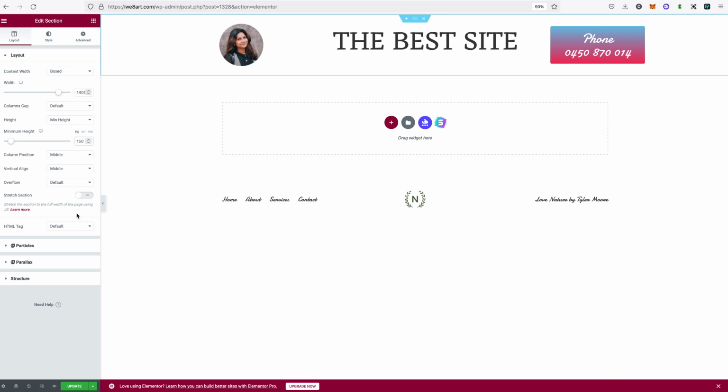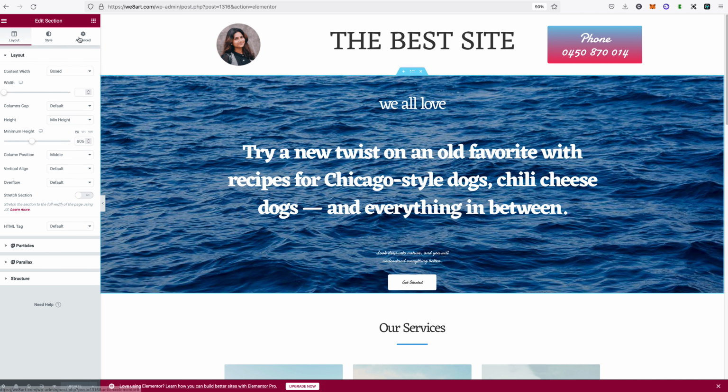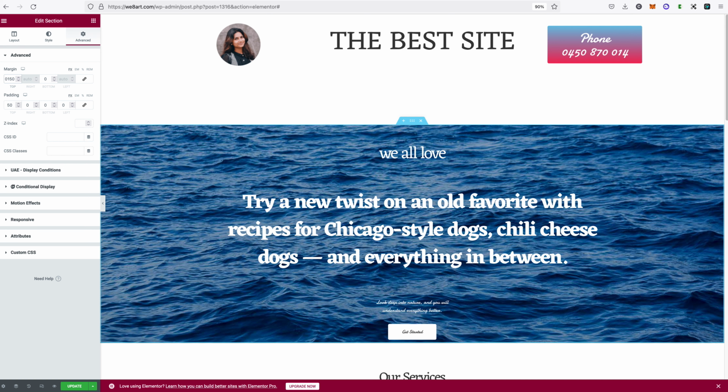And the reason why I'm doing this is because I just want to have that 150 pixels number in my head. Because when I come back to this section, under Advanced, for the margin, I'm going to click off that lock, and I am going to use pixels in this case, not M's or REMs or percentages,